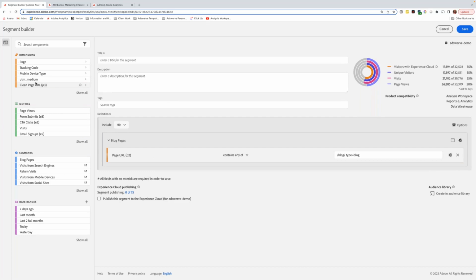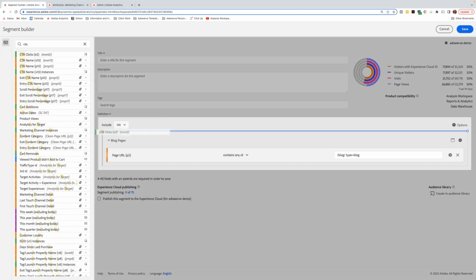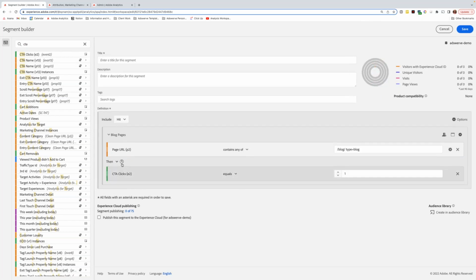So you might want to know within how many visits or how much time a visitor viewed your blog page and then came back in and converted on your site. So you can make those sequential using then within X number of visits or weeks or sessions. And you can create segments to have a view of how different collections of people